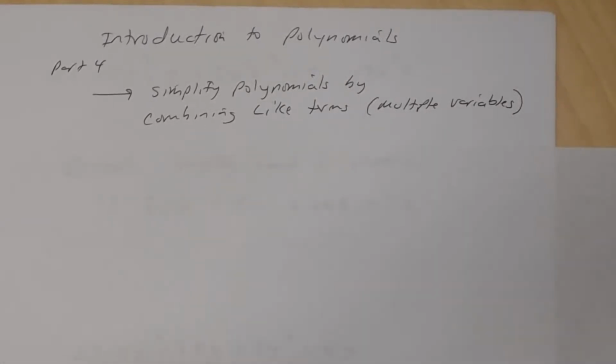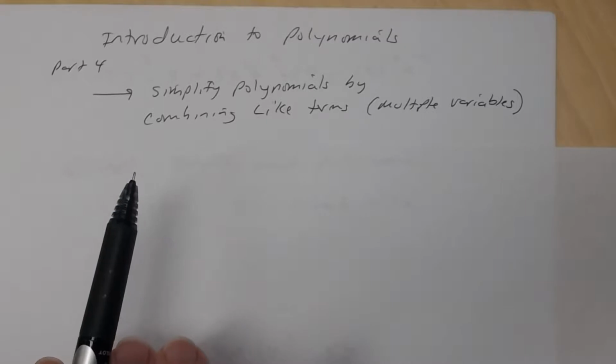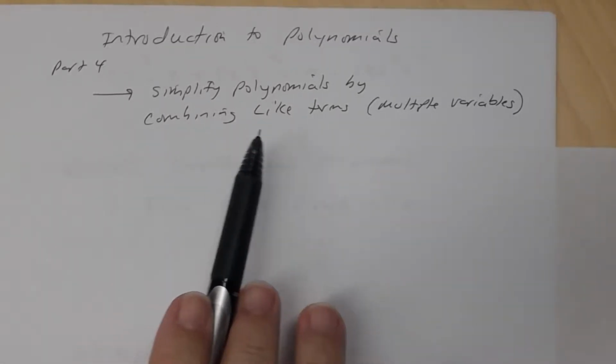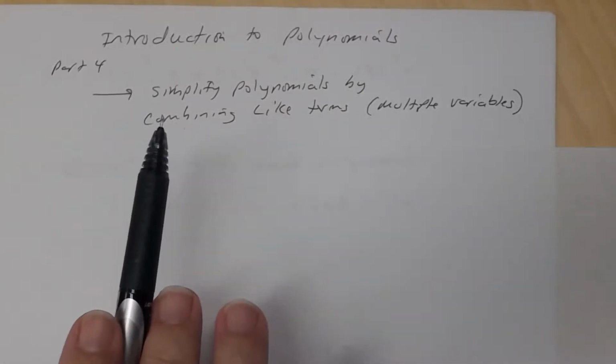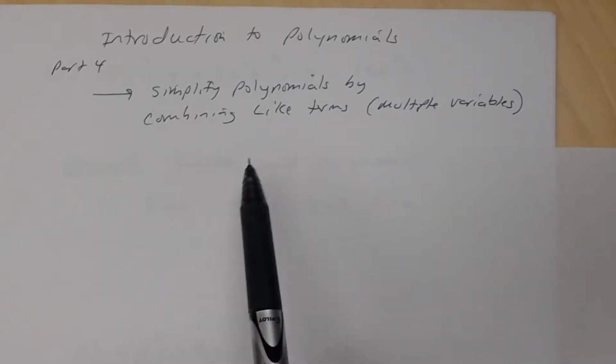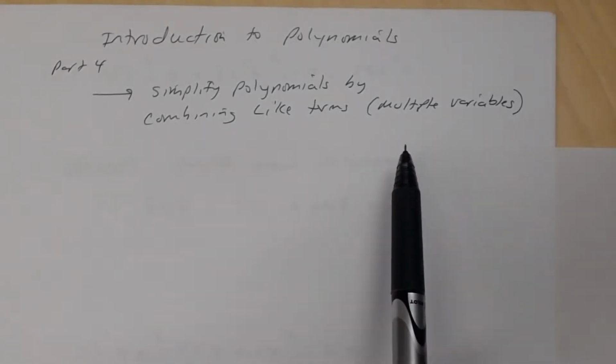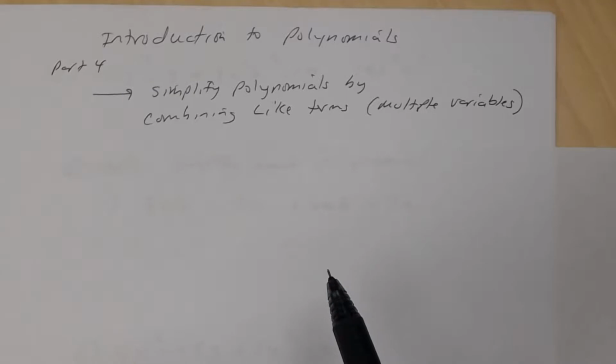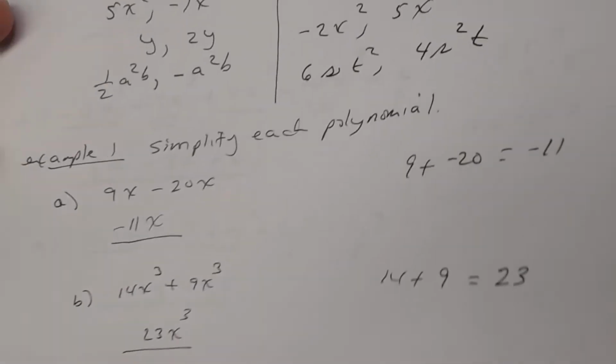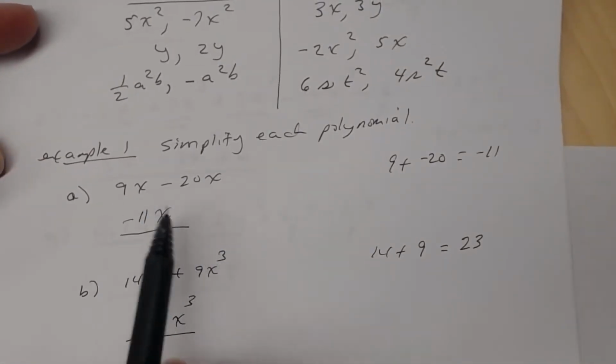Okay, so in this lesson, part 4 of Introduction to Polynomials, we're still discussing simplifying polynomials by combining like terms, but this time the polynomials will have multiple variables. So in the previous lesson, there was just the same variable. Meaning that each polynomial had just the variable x,